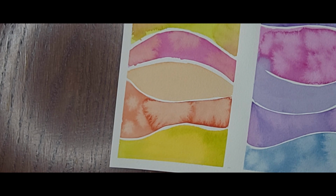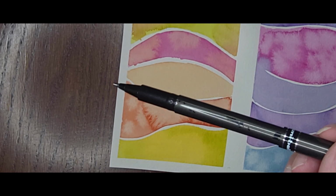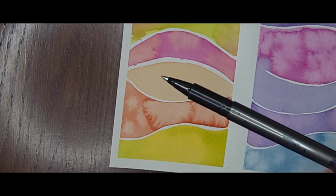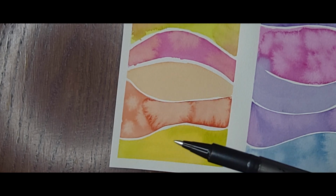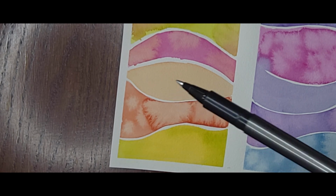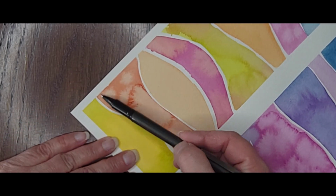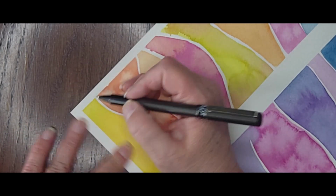So I'm going to use the finer point of the two black pens that I have. This one is the Uniball Deluxe Micro. It's a real nice fine point. I think it's a 0.3 or something close to that. Ballpoint waterproof gel pen. So what I'm going to do with this is right around my border,